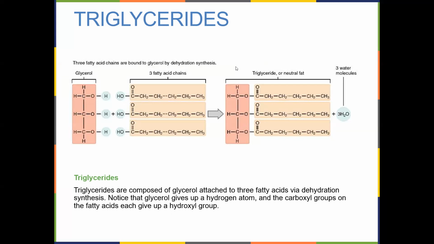Not to try to go over any organic chemistry today, but the C double bond O with the OH group is always an acid group. Anyway, this is a fatty acid. It has an acid at one end, and then it has a long chain of carbon atoms with hydrogens here, here, and here, and they are bonded to the 3 carbons of the glycerol. So that gives us our triglyceride right here, our neutral fat, meaning it doesn't have a charge either way.